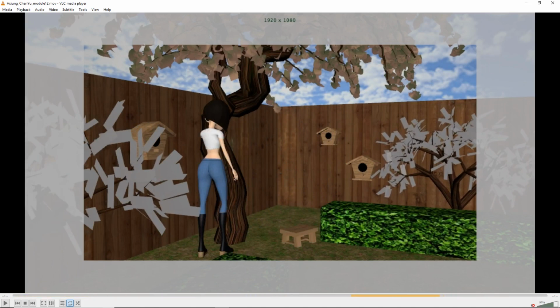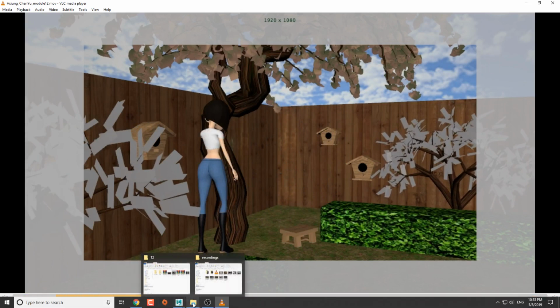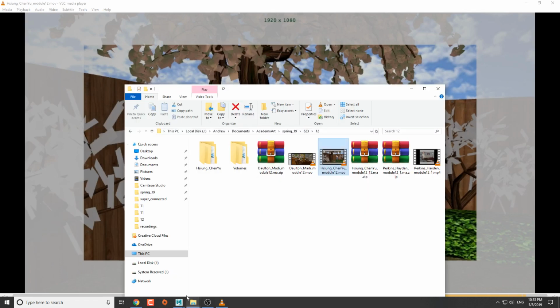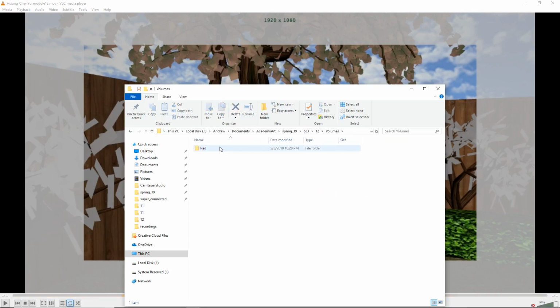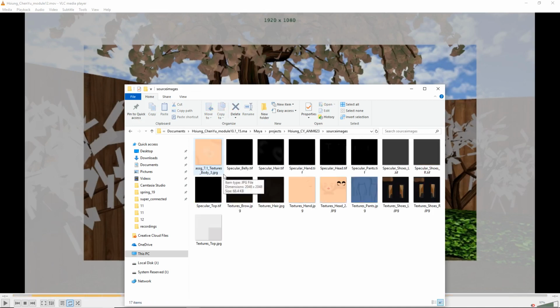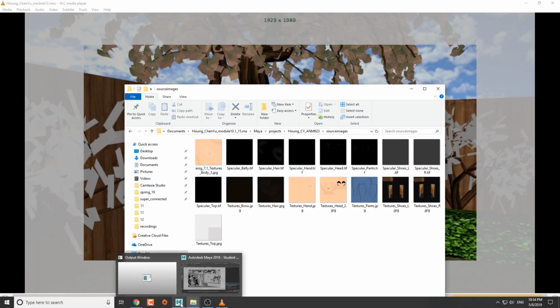One was about the texture images, and one thing I noticed when I extracted your zip files is that there's these two different folders. There's one, volumes, that has this project in it, and then there's one I renamed, I think it was under users, that has this other project and some other source images here. If we take a look at the file,